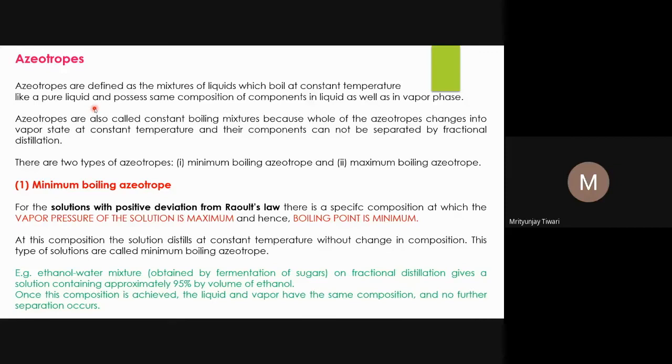So if you want to distill it, what is distillation? If two components are mixed in a certain composition, certain percentage concentration, and their boiling points are different, then if you heat them, the component which is more volatile, whose boiling point is lower, will have more concentration in the vapor phase. Now you condense it, take it into another vessel, and you will see that the more volatile component is richer in concentration in this case.